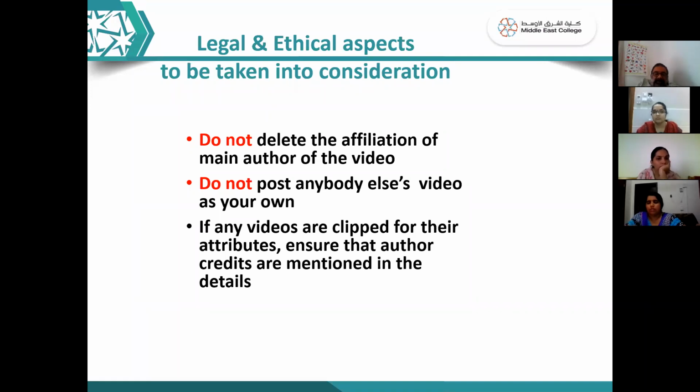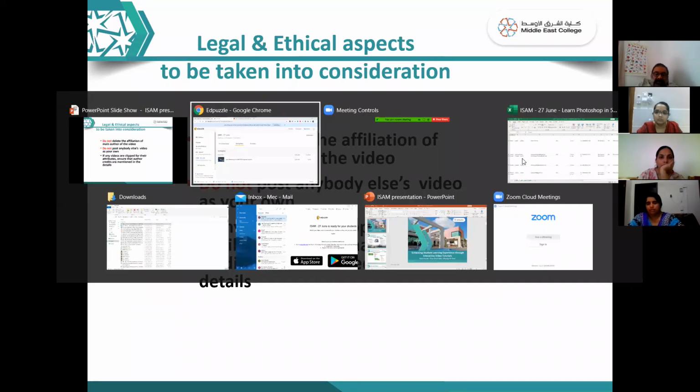It means here when we put any work, we should not put our names. We have to add the details of that author. Also, in Edpuzzle there is an option to show the author. Yeah. So on that place,